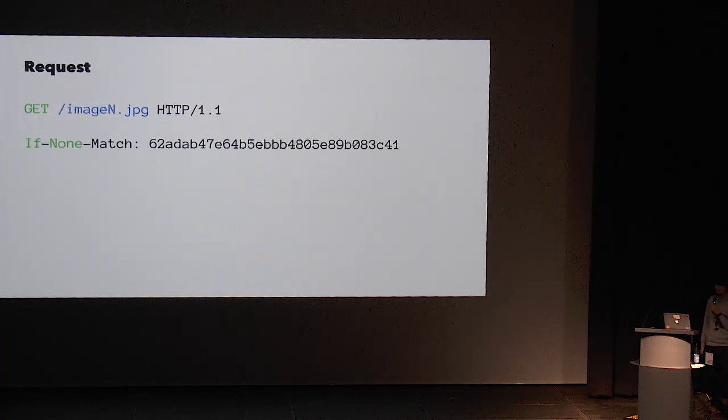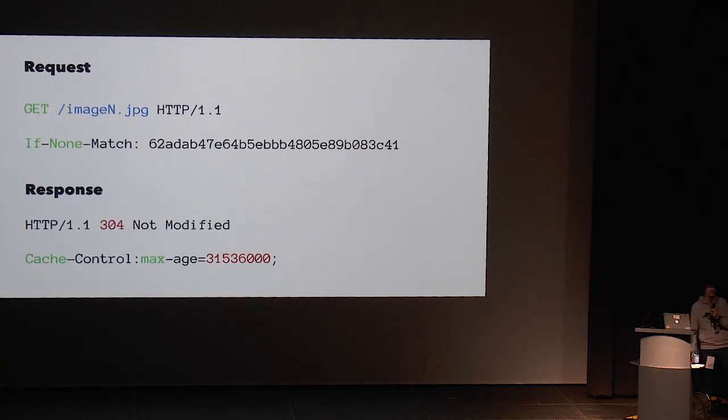It's a so-called conditional request, and the browser will add an If-None-Match header in this case, with the hash, the ETag you have provided before, and will basically ask your backend server if the image still matches this hash. And this is the case because you are sure that this will be the case for the next year, and therefore the server answers with a 304 Not Modified